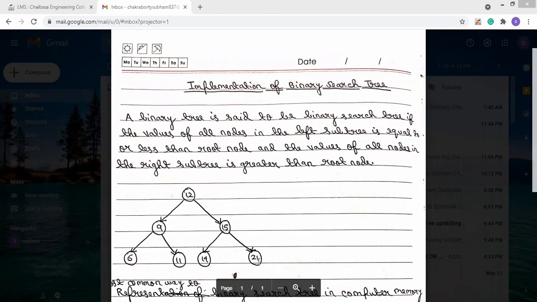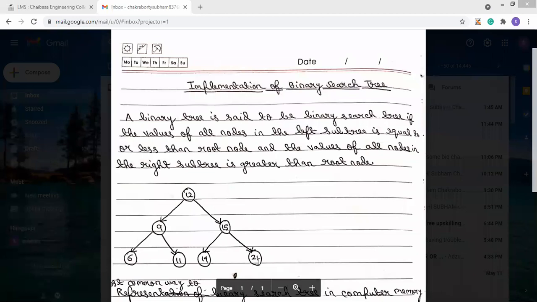So this is called the binary search tree: all the nodes present on the left side will be less than or equal to the root node, and all the nodes present on the right side will be greater than or equal to the root node. Now, this is the normal, theoretical way of a binary search tree. If we want to insert some data, then we have to compare it with the root node. If the value we want to insert is greater than the node, then it will go to the right side. That's how we can insert the element.